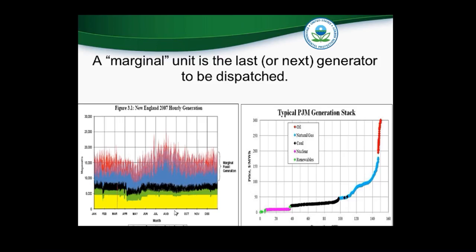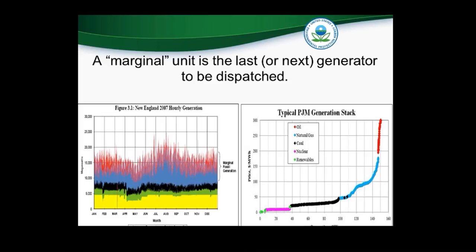Let's see. So plants with the lowest operational costs or bid price in competitive markets get dispatched first. Nuclear, hydro, intermittent resources such as wind, and coal are typically base-loaded units. And depending on what part of the country you're in, coal may be load following along with gas.